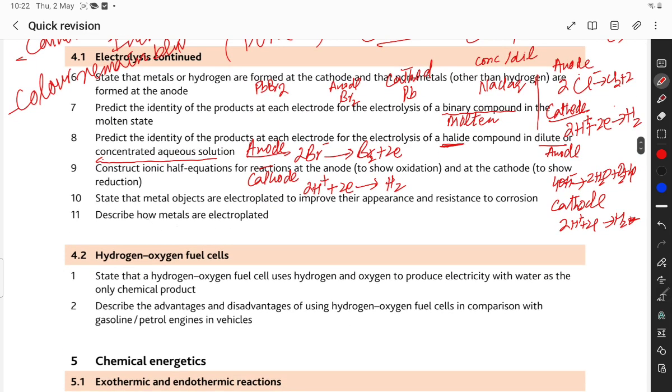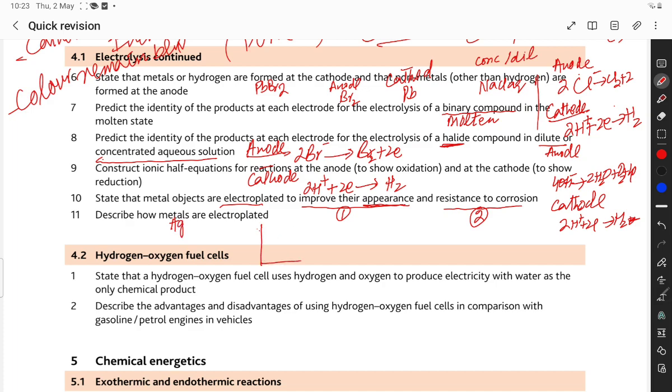State that metal objects are electroplated to improve their appearance. So this is an advantage of electroplating, and resistance to corrosion. Please write down these two advantages: improve their appearance and resistance to corrosion. This is the second advantage. And in the case of electroplating, for example, if you want to electroplate with silver metal,